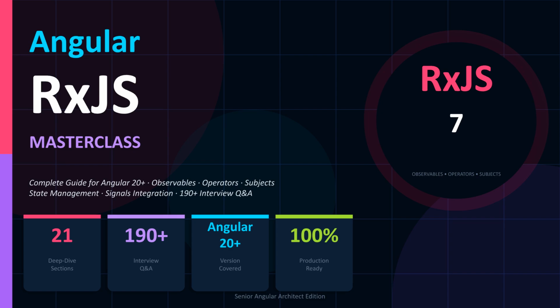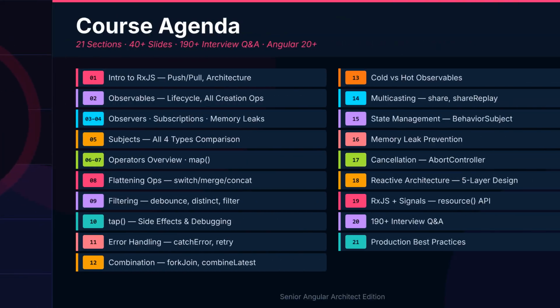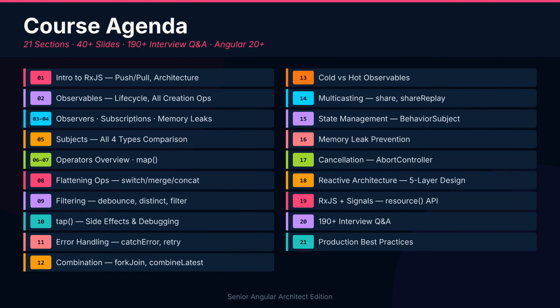Welcome to the Angular Masterclass series, a complete guide covering Angular 20+, observables, operators, subjects, state management, and signals integration. This course offers 21 deep dive sections and over some interview Q&A. This is our course agenda, featuring 21 sections covering everything from the introduction to RxJS, observables, subjects, and various operators